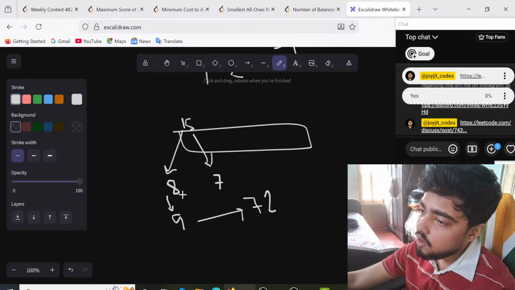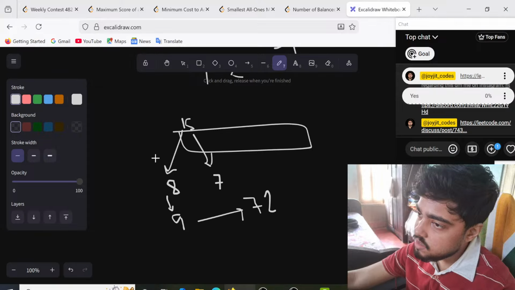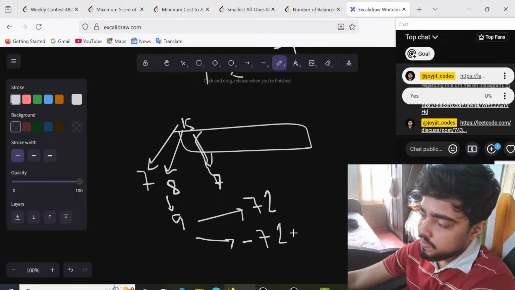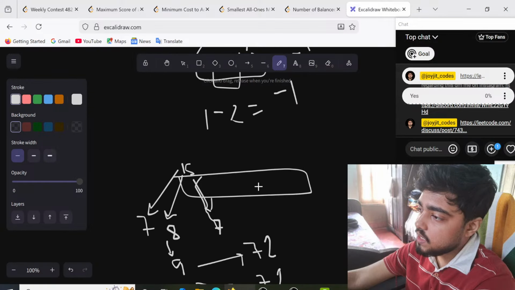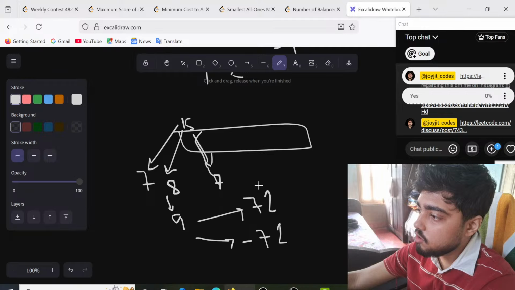But we can also keep it like 7 and 8 instead of 8 and 7. In that case, it will become minus 72, right? Now, one thing if you remember, I was earlier also mentioning that this minus 1 and 1 thing will happen, and we can't put the absolute value of it to check, because at the later state of the DP, we will be needing that.